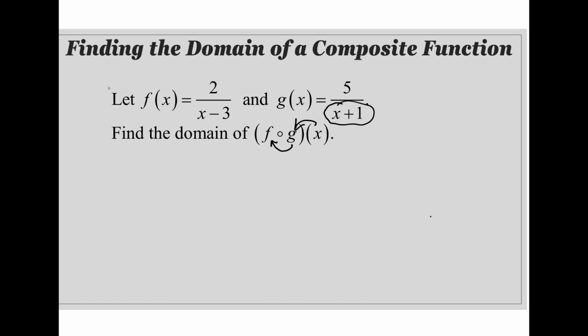So here we look at this and we can say, okay, well, x plus 1, for it not being able to be 0, we'd see that x cannot be negative 1. Subtracting 1 to the other side would show us that. So I already know that this is going to be part of the overall domain, but now we need to actually do that substitution to see what the resulting equation is going to be. So we're going to find the f of g of x,